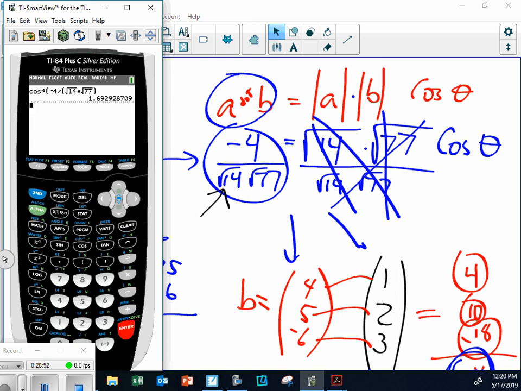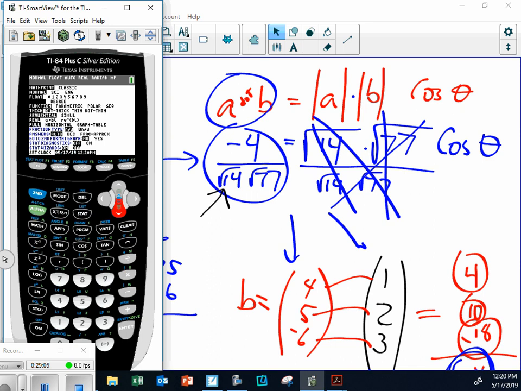Is that humanly possible? Yes, but remember, I'm probably in radians, right? Okay, so I'm going to go and check that and make sure. Mode, I'm in radians. Yep, see right there? So I'm in radian mode, so that means my answer right there was 1.69 radians. Nothing wrong with having an answer that's in radians. But just so you know, if you wanted to know how many degrees it would be, it's about 58 degrees